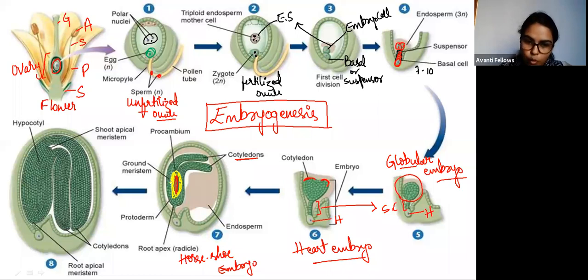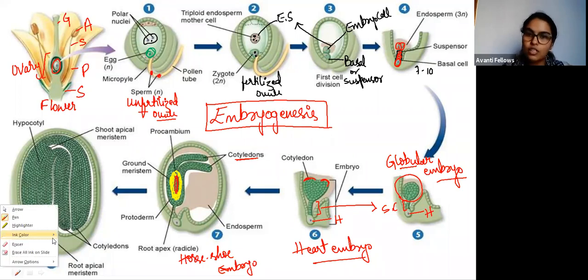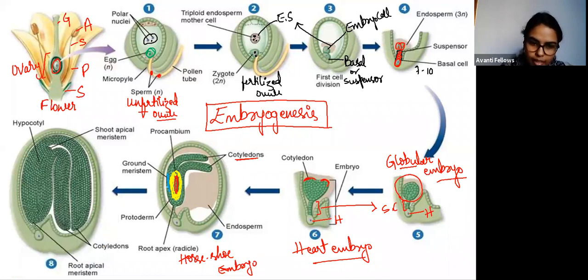After the procambium, there is a layer of cells that is the ground meristem. The ground meristem will give rise to the cortex and endodermis, okay? Then the lining of epidermis is obtained from the protoderm, also called dermatogen. Both names are used, dermatogen and protoderm. So from ground meristem you get the endodermis and cortex, and from procambium you get the stele region, that is vascular tissue, xylem and phloem.